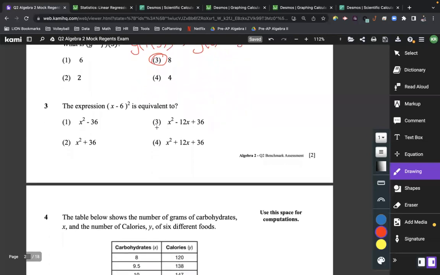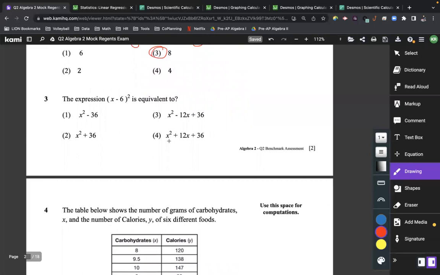Number 3, it says the expression x minus 6 squared is equivalent to. Remember, because this exponent is here, this is not the answer. A lot of you are quick to write that, and that's not correct. We went over this in class. This means that this expression is multiplying by itself 2 times. So then we complete FOIL. So x with x, times x with negative 6,